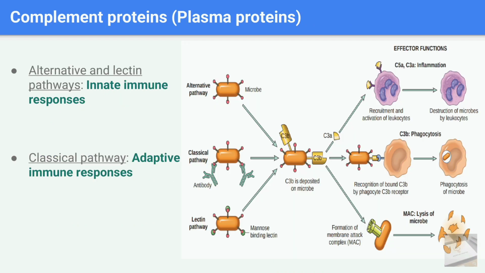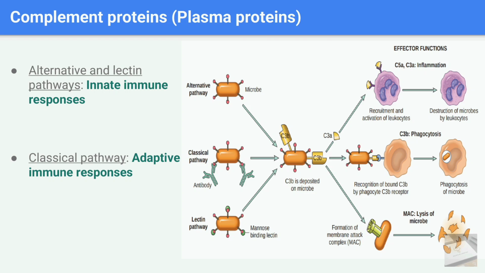Talking in detail about activation of complement proteins is a lecture in its own. So here we're going to discuss different complement proteins which take part in innate immune response. Complement proteins are the plasma proteins which are present in inactive form. These proteins are sequentially activated by three different pathways: classical, alternative, and lectin. Alternative and lectin pathways of complement activation are a part of innate immune response, whereas classical is a part of adaptive immune response. C5a and C3a are responsible for recruiting leukocytes and cause inflammation. C3b acts as an opsonin which tags the microbe and helps macrophages to phagocytose it.